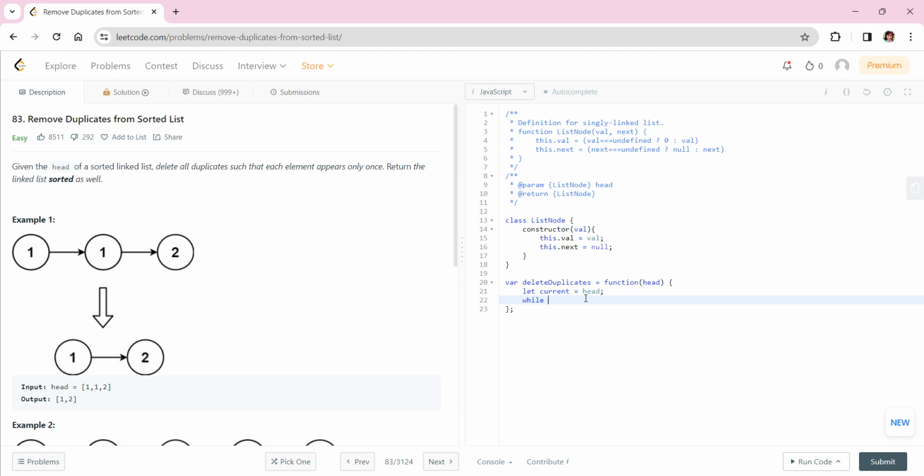While current is not equal to null and current.next is not equal to null. Okay, this is done. Inside the while loop we'll write an if statement: if current.val equals current.next.val,